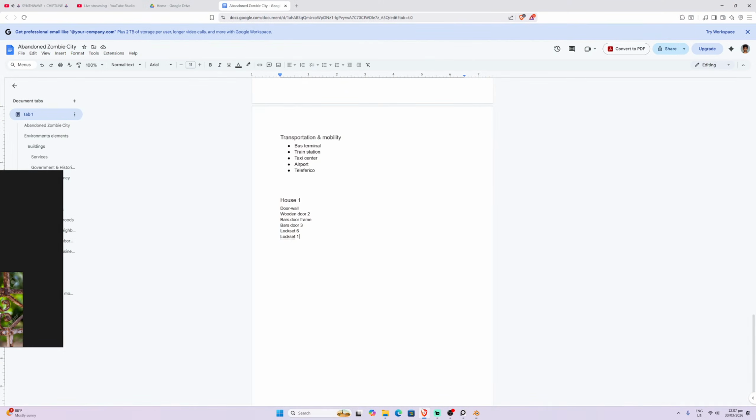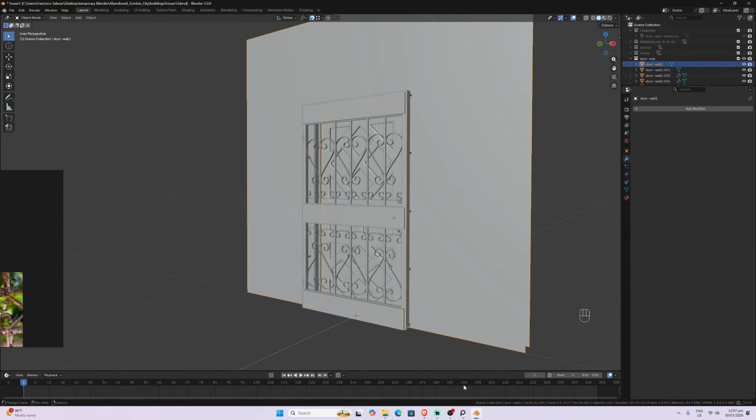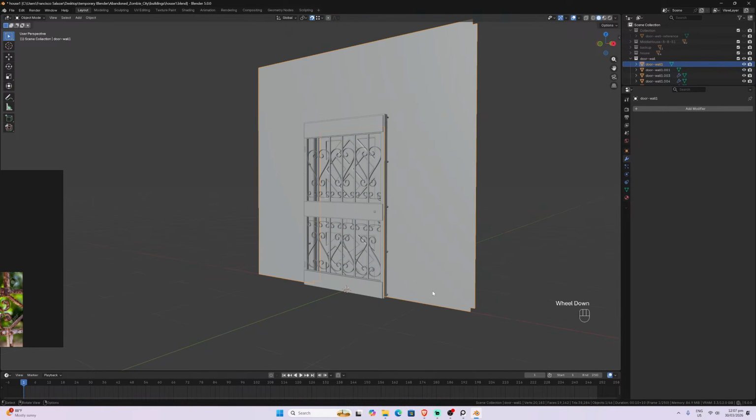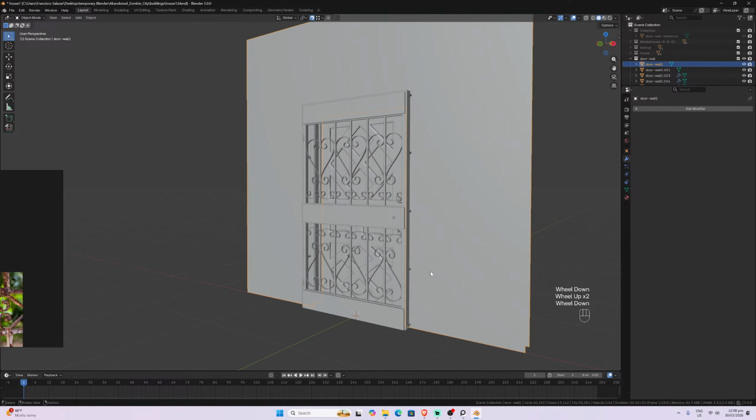Let me specify what this is for, okay? Door. We should move everything into a new collection.